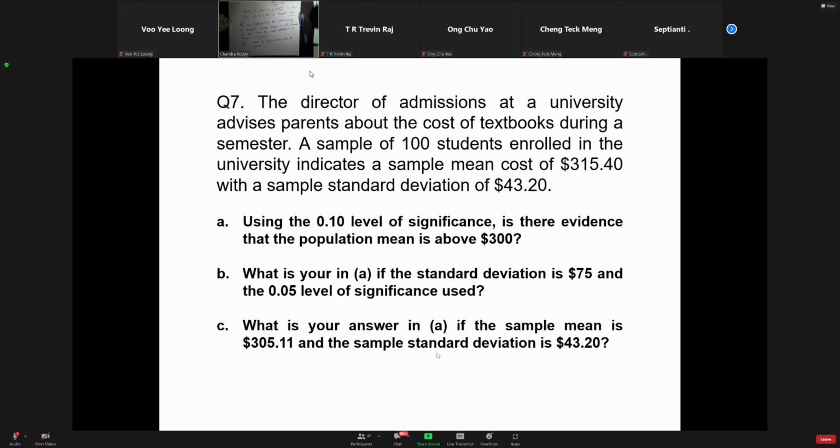So here you have the sample size, 100 students, which is n. The sample mean cost is X bar. This is the sample standard deviation S. Now for this data, using the 0.10 level of significance,